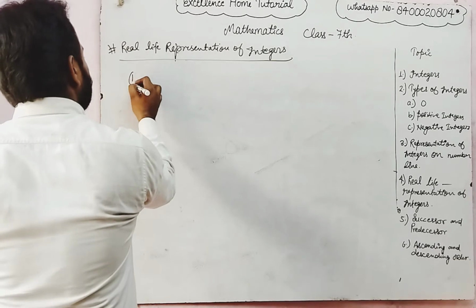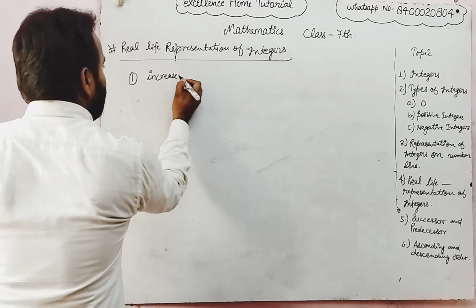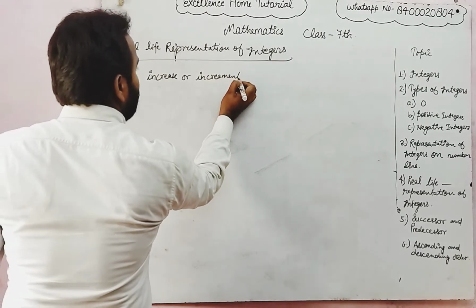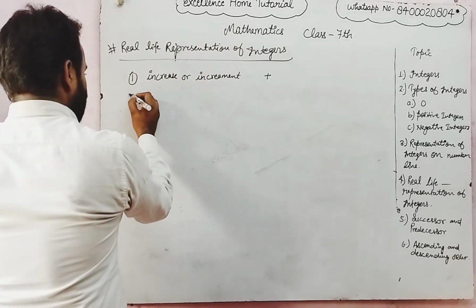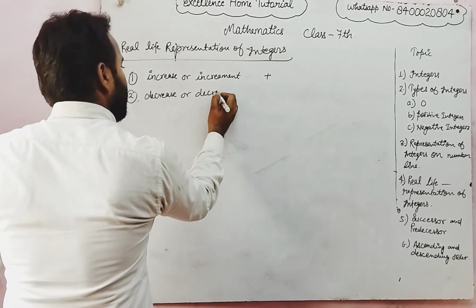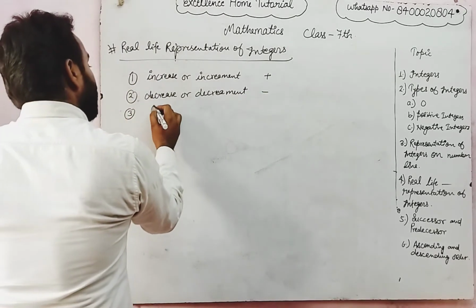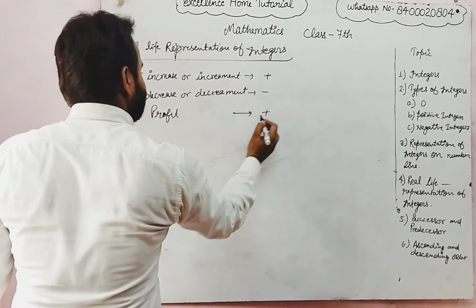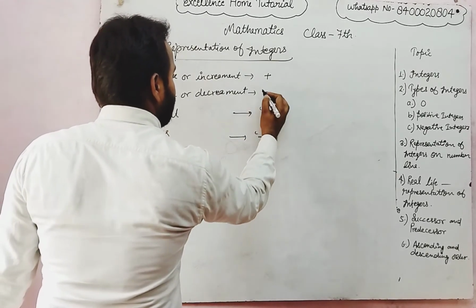That is, example first, increase or increment is represented by plus sign, decrease or decrement is represented by negative sign, profit is represented by plus sign, loss is represented by minus sign,